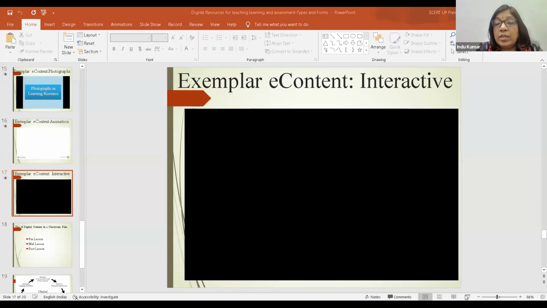So I'm closing it. These were various forms of digital contents and their educational uses, which we just saw in the PowerPoint presentation.